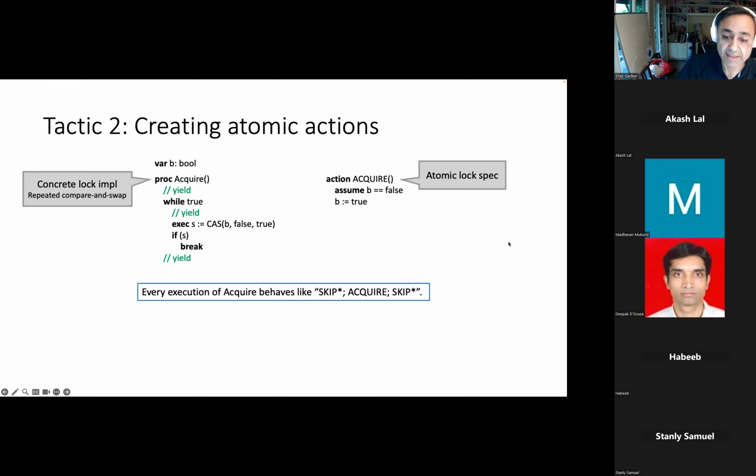So the idea is that you try to show that every execution of the procedure on the left side behaves like skip, an arbitrary number of skips followed by exactly one occurrence of the atomic action on the right side, followed by an arbitrary number of skips. And you can see that this is really true because